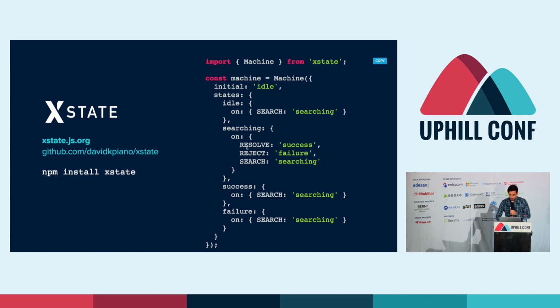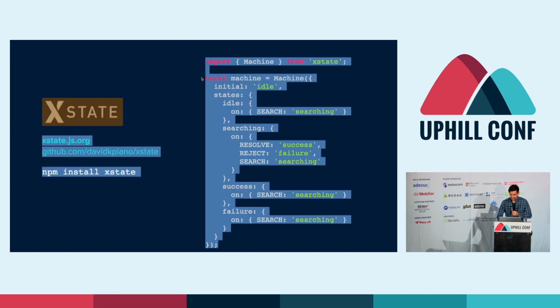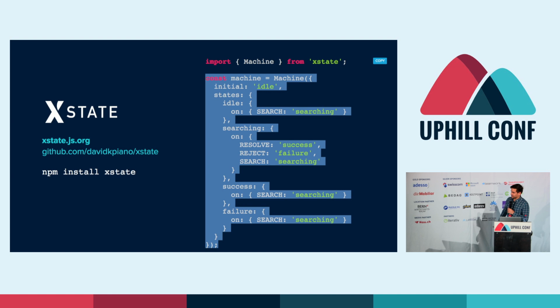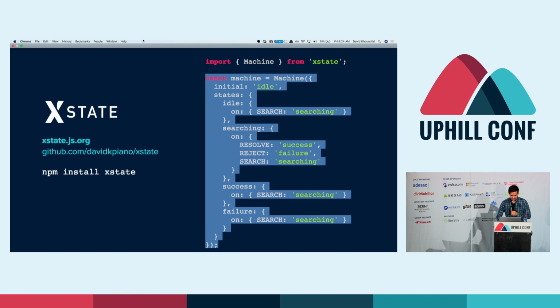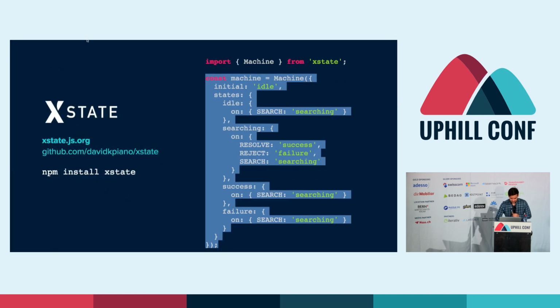What's cool though is, and so I know what you're thinking. We have a lot of state management libraries, and why add another one? But because of the declarative nature of this, and because you're defining what's essentially a directed graph of the behavior of your application, you could actually